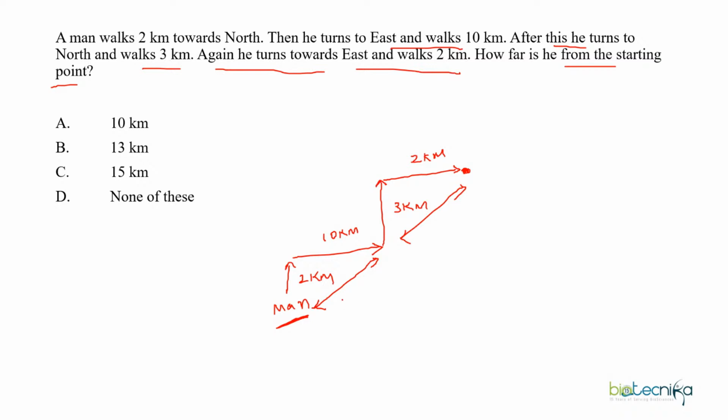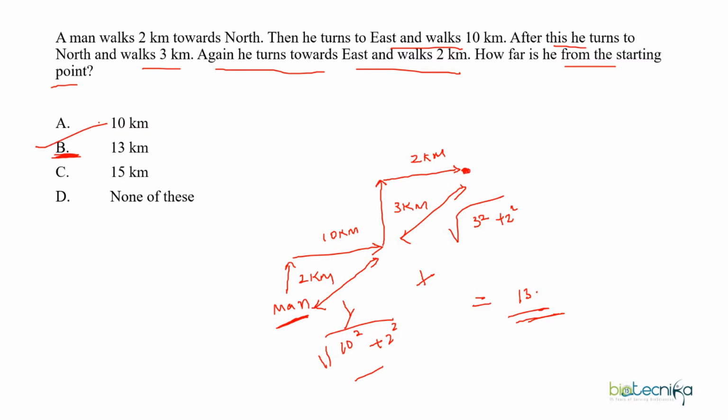करेक्ट. सो यहाँ पर इसके लिए क्या हो जाएगा, 10 का स्क्वायर प्लस 2 का स्क्वायर, राइट. और इसके लिए क्या हो जाएगा, 3 का स्क्वायर प्लस 2 का स्क्वायर. सो इसको अगर हम सॉल्व करेंगे, राइट, सो इसका आंसर मेरा अप्रोक्सीमेटली 13 पॉइंट समथिंग कुछ आएगा. सो नियरेस्ट आंसर मेरा क्या हो जाएगा, ऑप्शन नंबर बी. दैट मीन्स मेरा आंसर हो जाएगा 13 किलोमीटर,